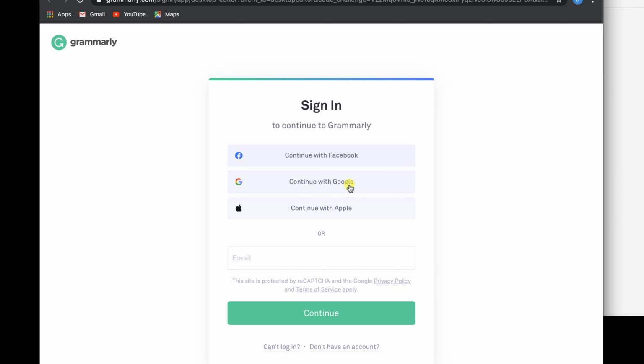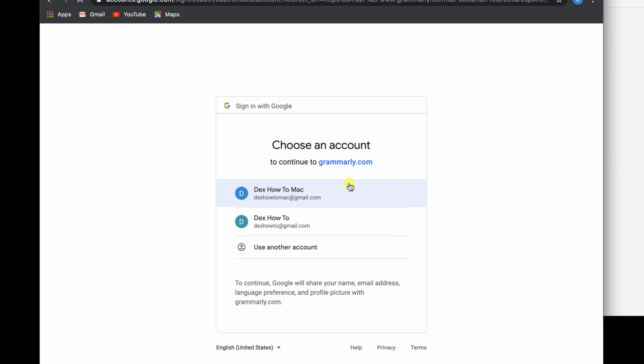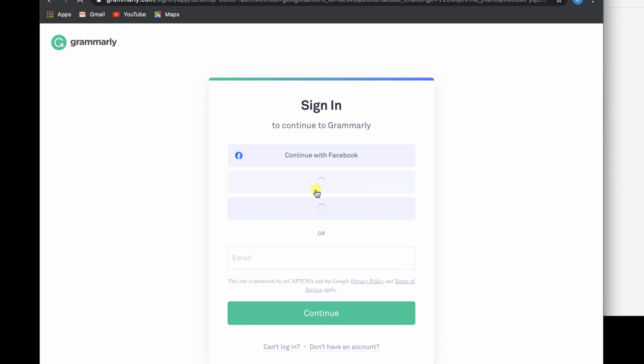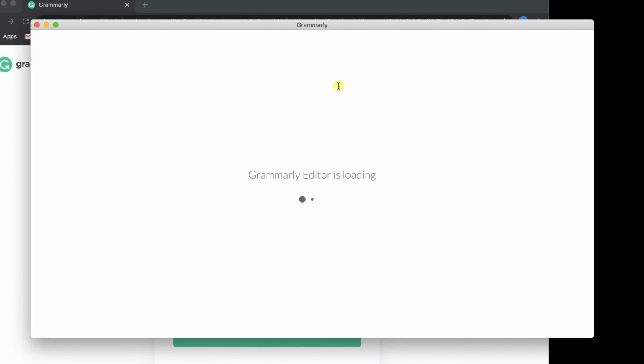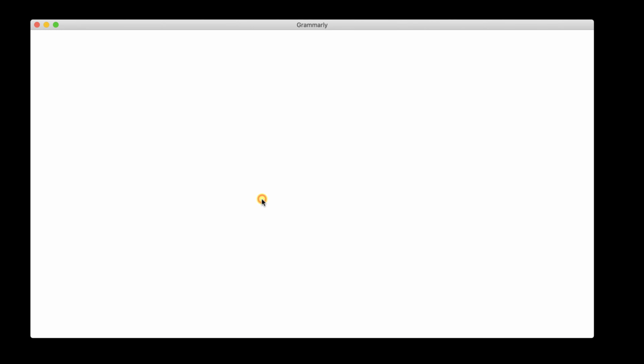Also, you can write your email here to log in or create an account. Let me use Continue with Google, but you can use whatever option you wish. Select the account you wish to log in. Now click Open Grammarly. You have signed in into your account on Desktop app for Grammarly.